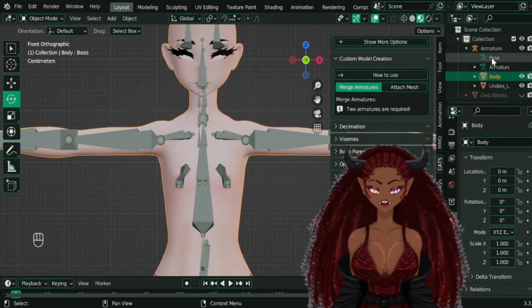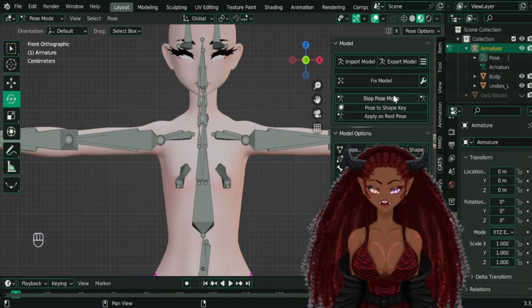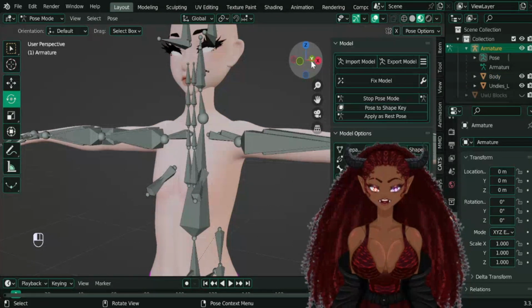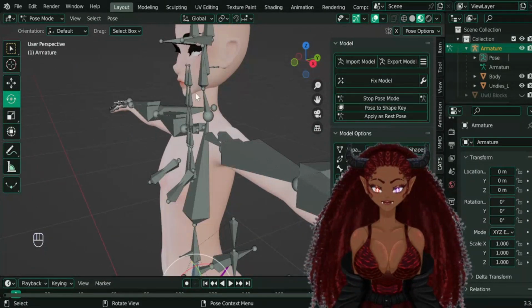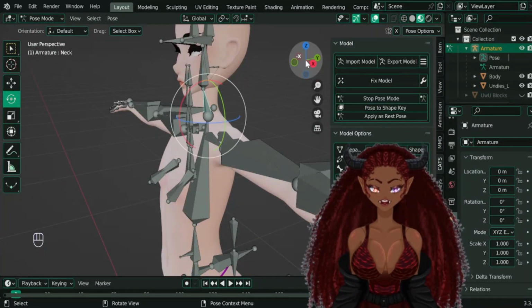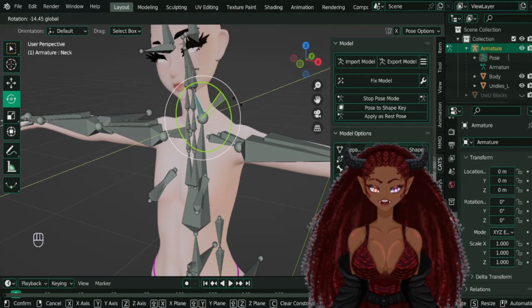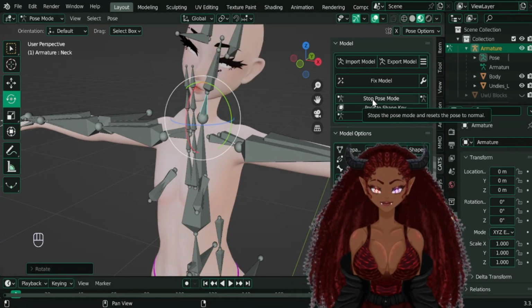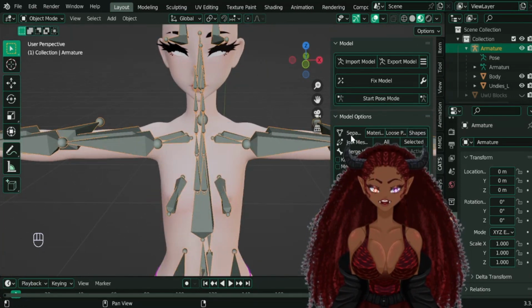And if you want to make sure the head and everything is connected properly, go here, pose. And as you can see, there's a lot of bones here that probably don't matter. But see, there you go. And then stop pose mode so you don't accidentally